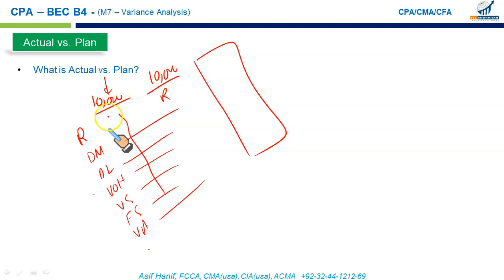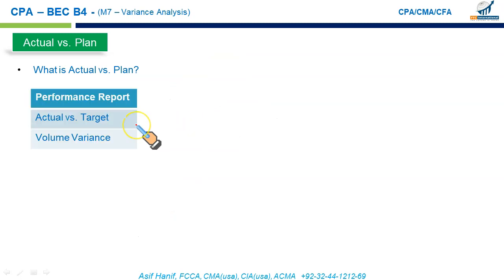Comparison between this budget versus actual is what you call the variance analysis. It's a very helpful tool for performance evaluation, for cost controlling purposes, so you know exactly what we were expecting and what went wrong. So we will draw up a performance report that will show actual versus the budget, the target. Sometimes it is possible that we plan to produce and sell 10,000 units, but we might produce more or we might end up producing less.